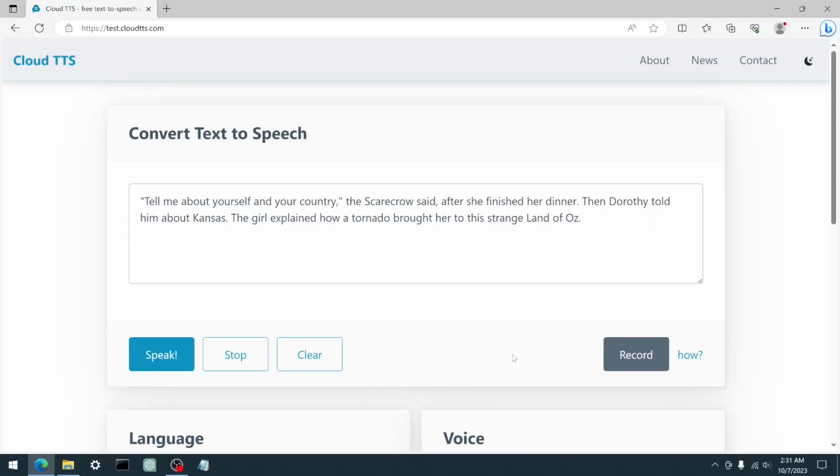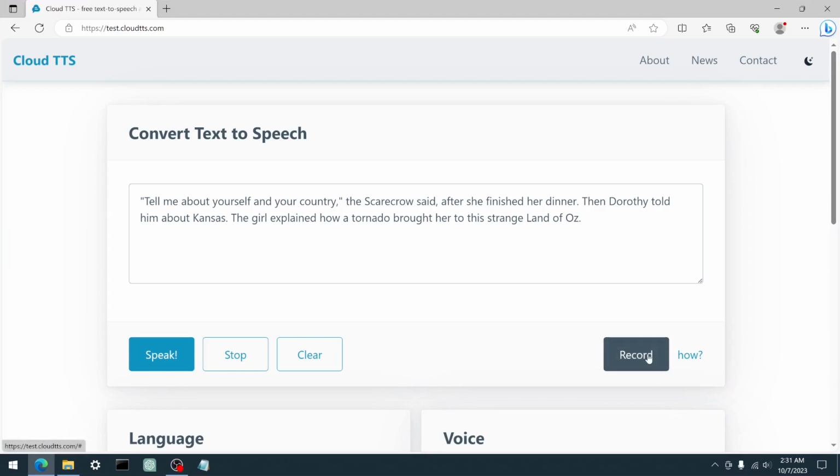Hi guys. I wanted to talk to you about a new feature we've just added. It's now possible to record generated speech into a file. For now, it works only on Windows. So, if you are on a Windows desktop, you will see an additional record button on the right side of the text-to-speech card footer area.